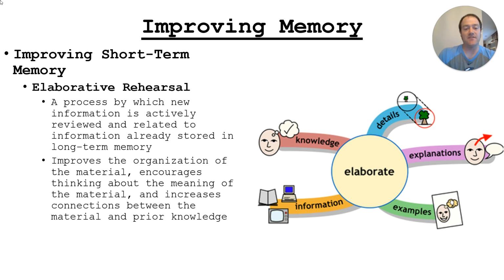Elaborative rehearsal. This is when you take new information and relate it to something you already have in your long-term memory. So keeping information that is similar to what is already in your long-term memory is elaborative rehearsal. In other words, rather than just repeating it, you're finding a connection. You're finding a relationship to something you already have in your previous long-term memories, to keep it there. And therefore, you're not going to forget it as easily as if it's just some random bit of information.